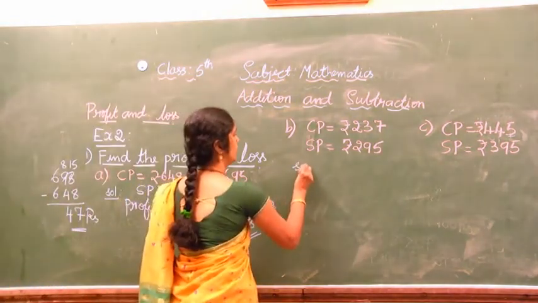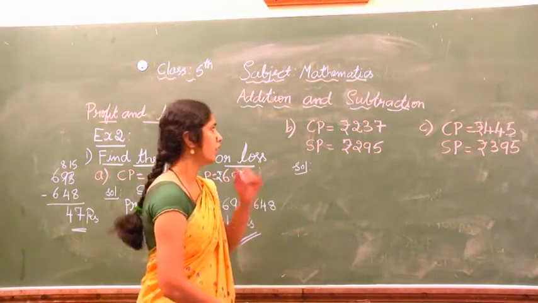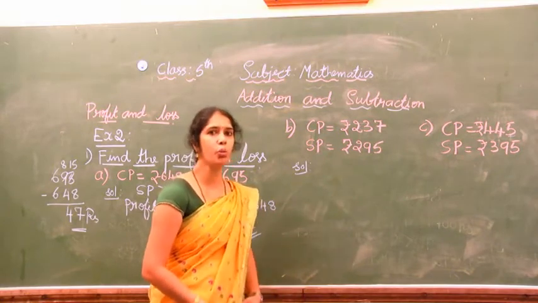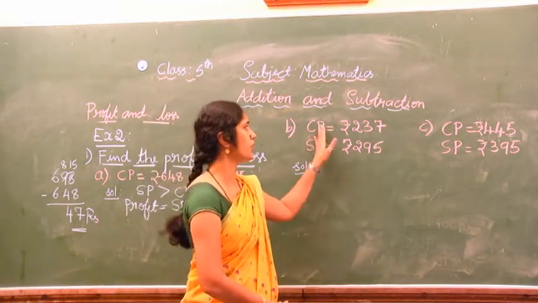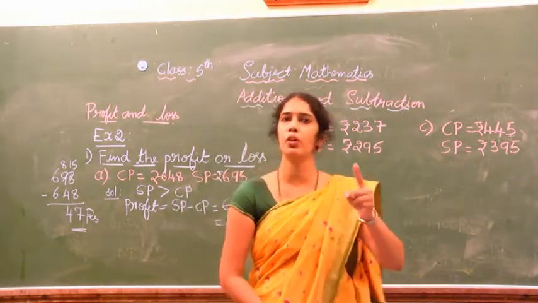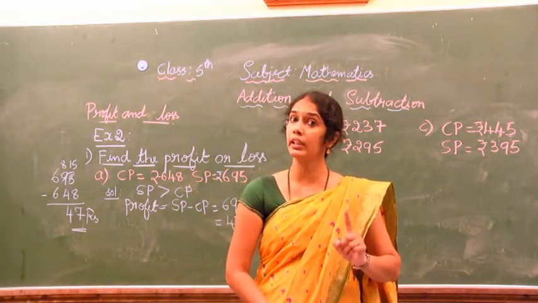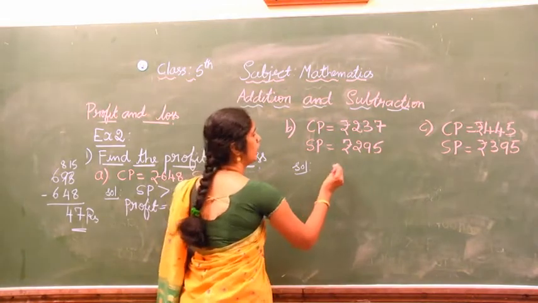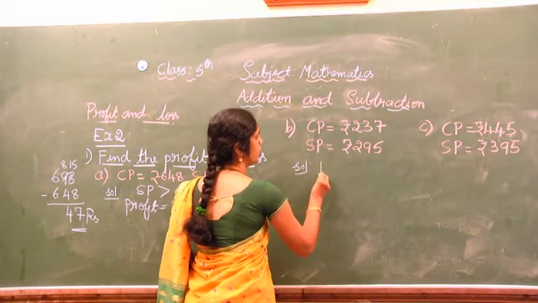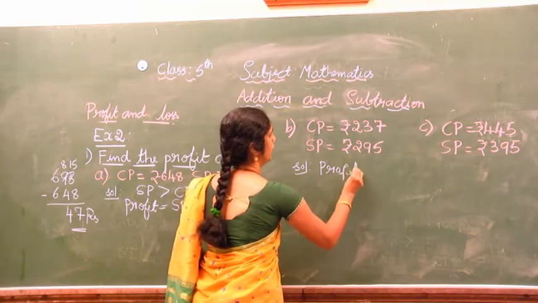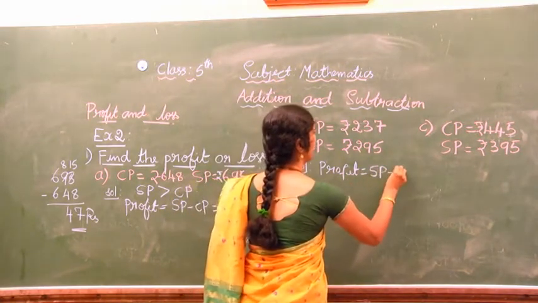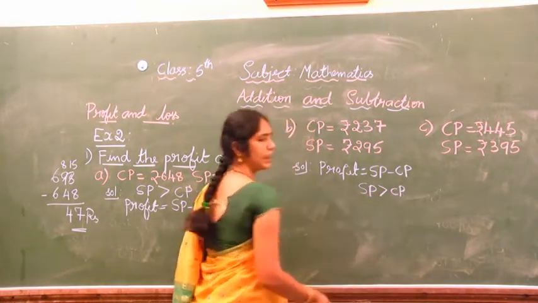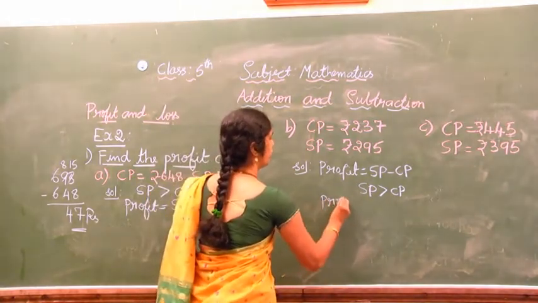Next one. See, in this case, cost price is rupees 237. Selling price is 295. You can observe here that selling price is more than cost price. When selling price is more than cost price, what will you get, profit or loss? Yes, you are right. You will get profit. So profit equal to selling price minus cost price. In this case, SP greater than CP. Therefore, profit equal to